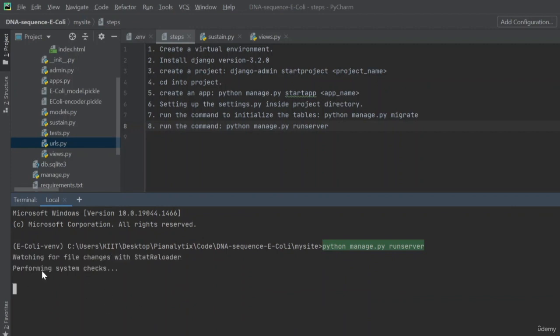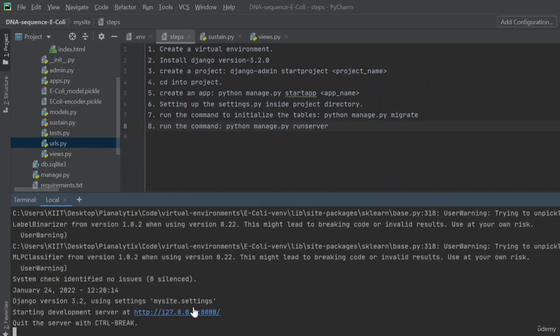See, it's performing system checks and all. Now this would take a different amount of time on different machines. My machine is not that powerful, but okay, yeah. So it also provides you with warnings. You can ignore that or you can fix that, that's up to you. And then you just click on the URL that it provides,